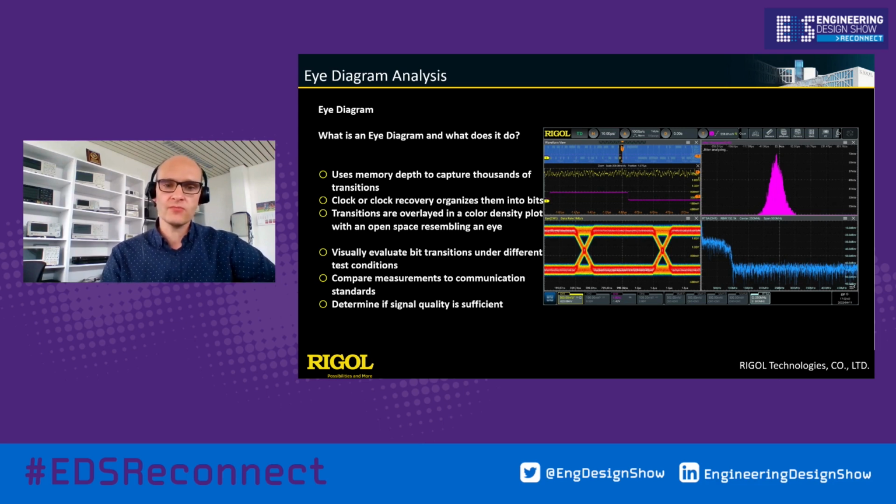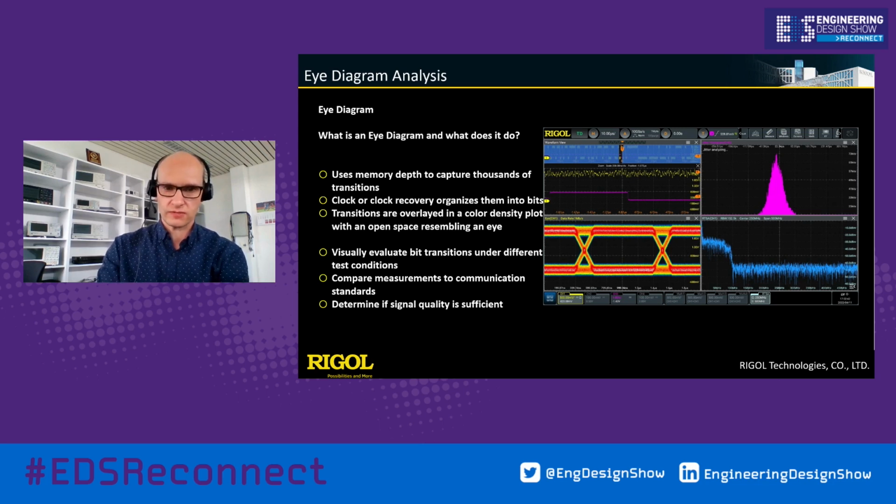What we can see here with the eye is that we have a constant overlapping of several thousands of transitions. And we can see, for example, noise effects. We can see, for example, other short-term effects. In case you switch a power stage, you activate something else additionally on your PCB board and cause a power jump, which causes singular distortion. You can see this as well in your real-time eye, and you can also combine this with the jitter analysis